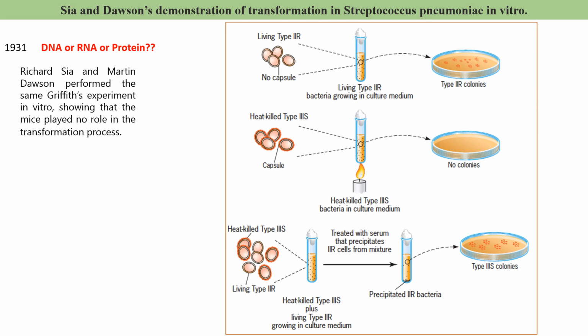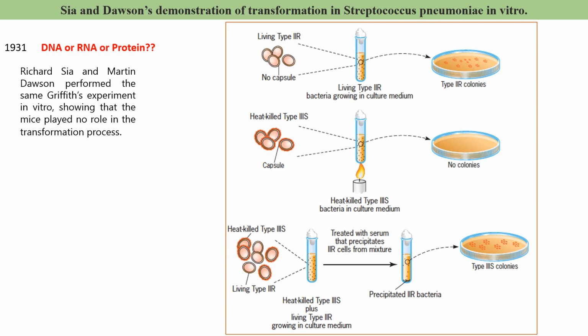In today's lecture, we are going to talk about Avery and Dawson's demonstration of transformation in S. pneumoniae. So, Sia and Dawson conducted a similar experiment as that of Griffith in 1931 in an in vitro setup. Griffith's experiment was an in vivo setup. Note the difference that in vivo means it was done in the mice, as you might remember from my previous